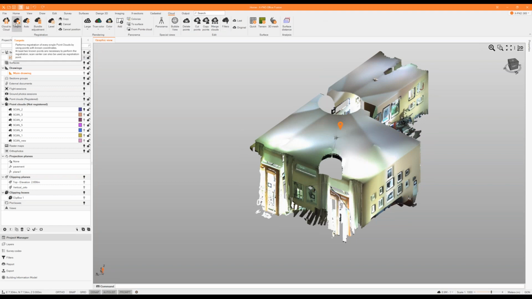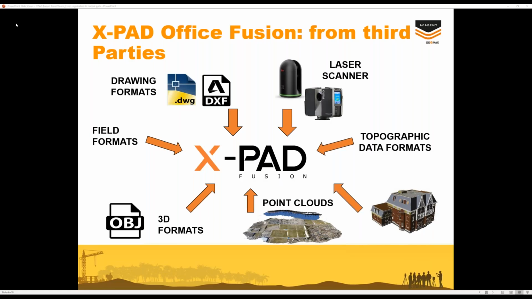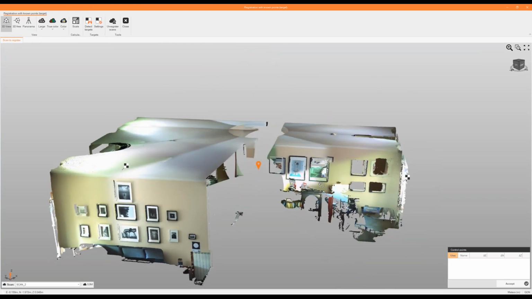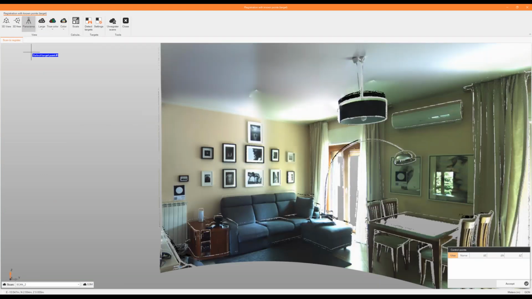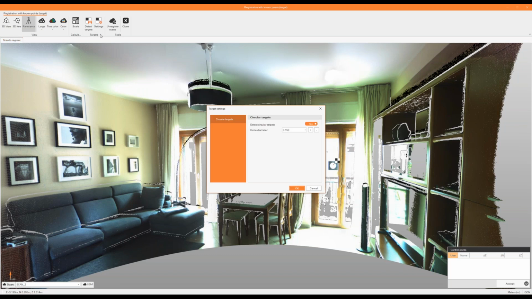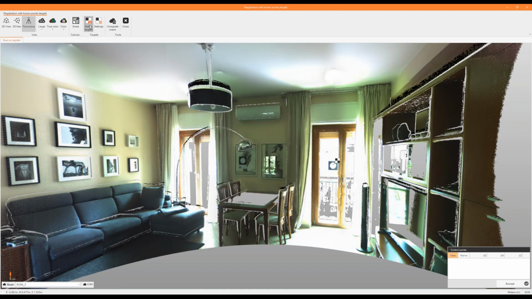So we can move step by step. We will use, for example, in that case, the targets for the registration. Sorry, it is on the second screen. Okay, so in that case, I didn't measure the center of the point cloud data, but what I can do is move to panorama view, and in that case, there are some targets already detected. Here we can use the settings, and according to the different target diameter, so in that case only this type of target that can be automatically detected by the software, we can select yes, detect targets, and now the software will automatically detect the targets in the area, of course only the targets with